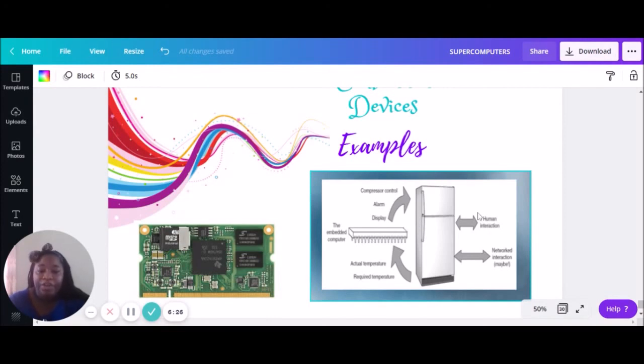So it's in there. Your fridge will have the alarm on it. The display, it's saying that the display is around the back. Interesting, right? So you can see what's happening there. It can check the fridge's temperature and gauge it properly. You don't need to interact with it necessarily. Apart from clicking and saying what you want, you don't have to interact much with it because it's built in to operate how it is supposed to operate, right? And that is embedded devices.